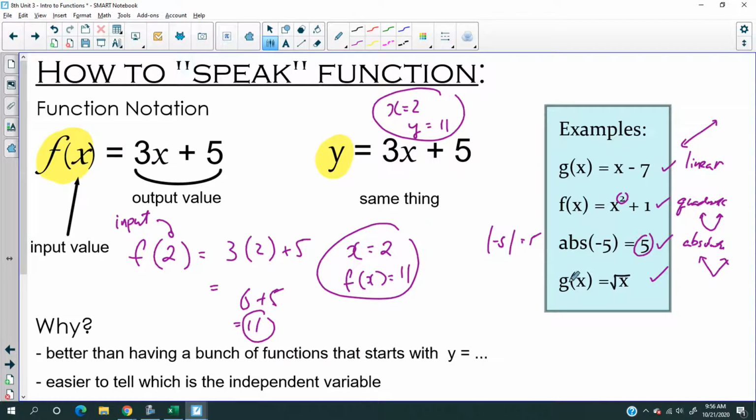All right, so a square root function, right? g of x is a square root function. And again, we're going to look at that toward the end of the year, okay? And, all right, now,